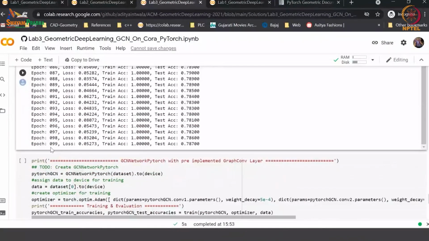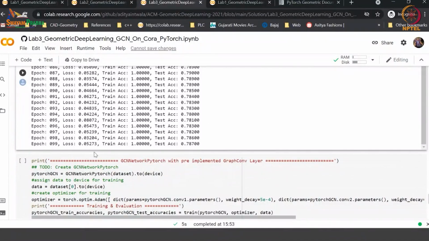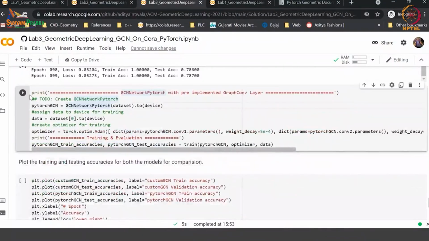So we have done 100 epochs. The loss is 0.05, training accuracy is 1, and testing accuracy is around 0.78. So around 78, 79% testing accuracy we have achieved, and this is with our custom convolution implementation. Now, if we go ahead with the PyTorch implementation,